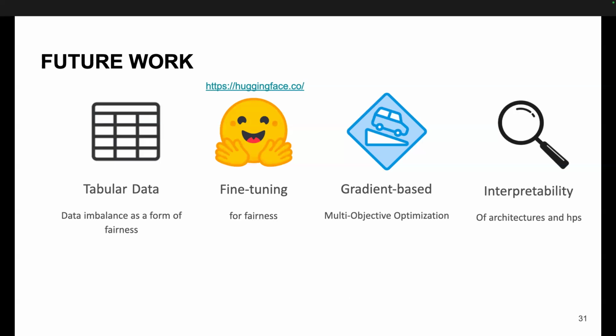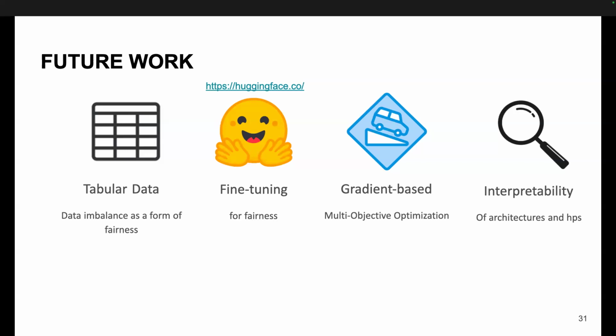Rhea, if you want to take over and talk about some other future work. Yeah, so one of the things that I'm quite interested in is gradient-based multi-objective optimization. One thing that often bothered me was how expensive our runs were. We used about 12 nodes with 8 GPUs over about 15 days, and that was quite expensive. So I'm very excited about using gradient-based methods for multi-objective optimization to make the search very efficient and robust.